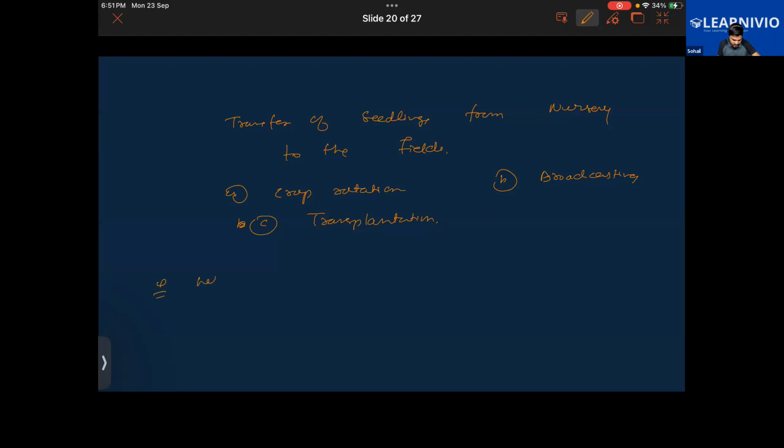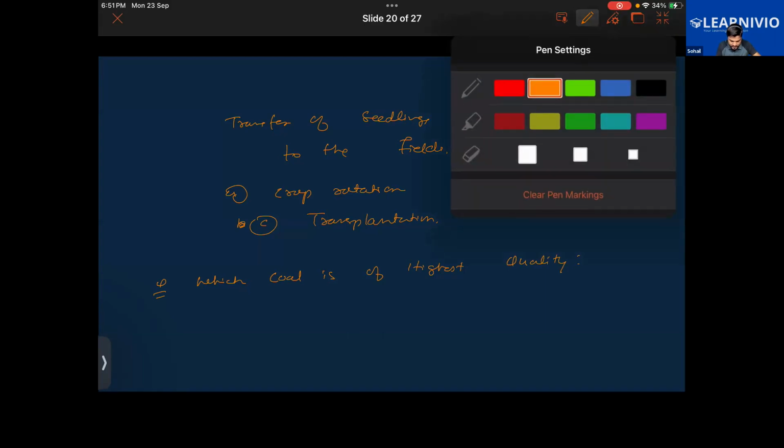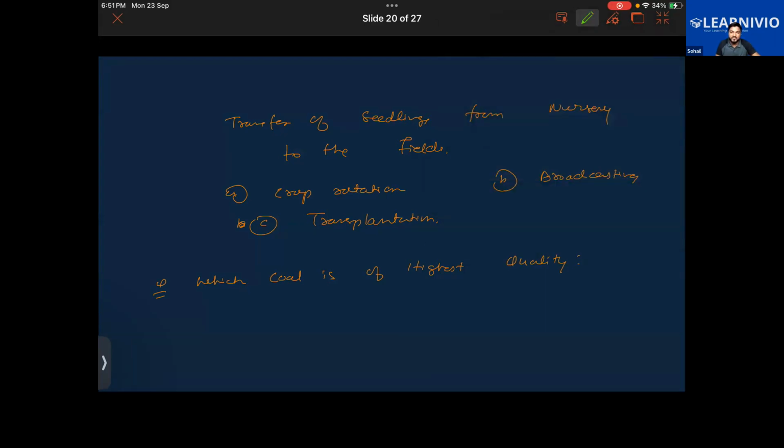While we were doing the chapter, we learned about different kinds of coals like anthracite, bituminous, subbituminous, peat, lignite. Out of that, one coal was of highest quality. Anthracite or